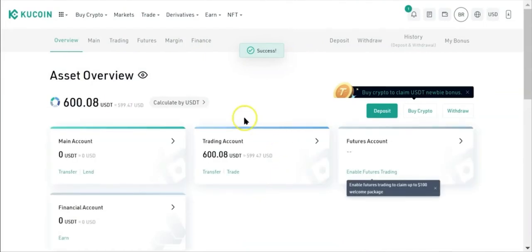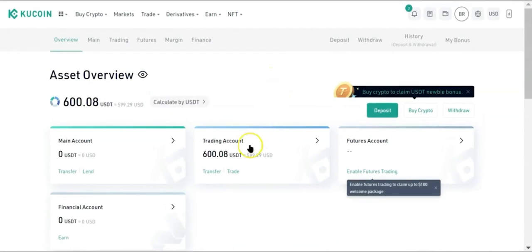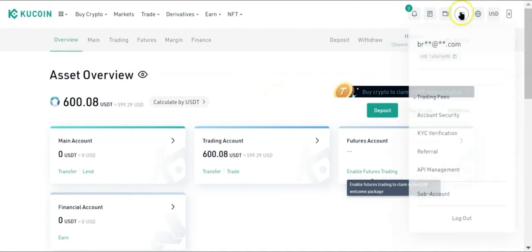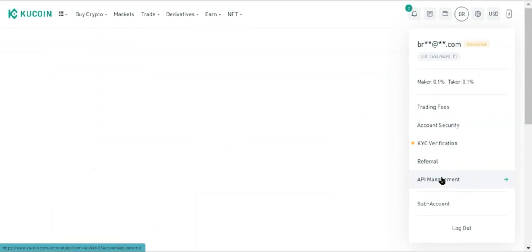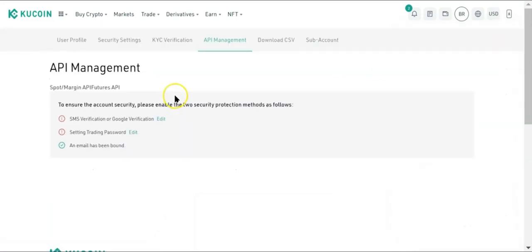Click confirm and instantly you will see it appear inside the trading account. Now that your trading capital is where it needs to be inside of KuCoin, the next step is to create your API connection. Hover over your profile, go to API management, and you will see that all three of these